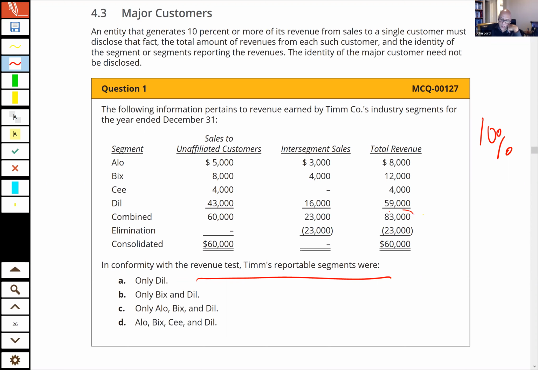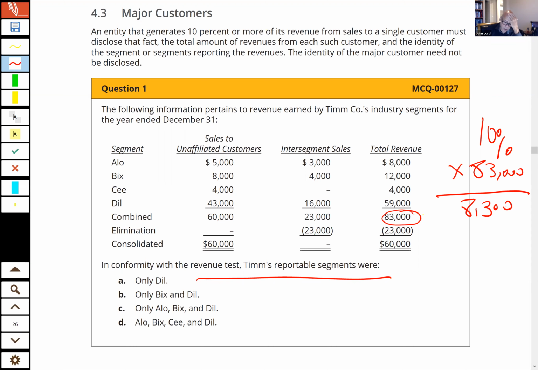I look at total revenue. I don't look at the consolidated revenue. I don't worry about the eliminations, right? I look at total, both inter-segment and unaffiliated sales. So I need to pick up that what? 83,000 number, and I need to multiply that by 10%. There's my threshold, 8,300. Now I go through the segments and see if I have any that exceed that threshold,